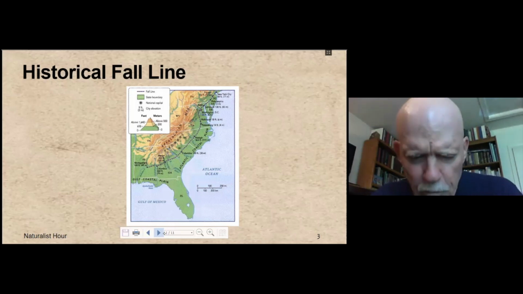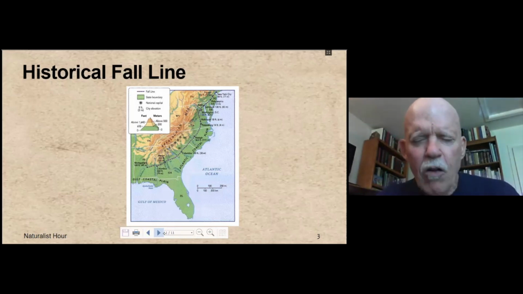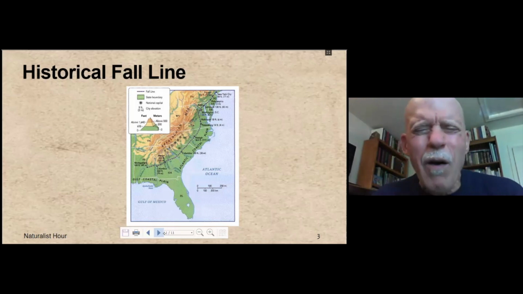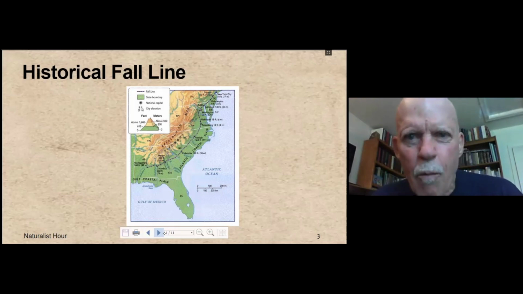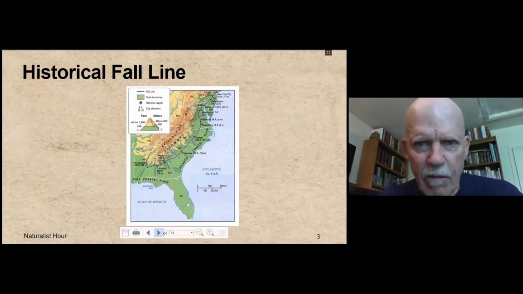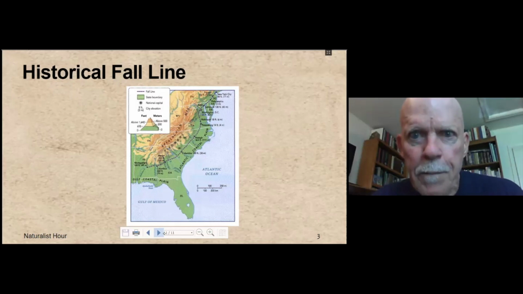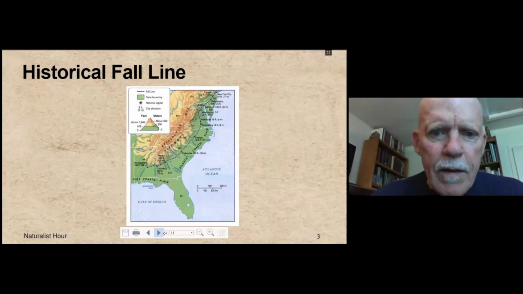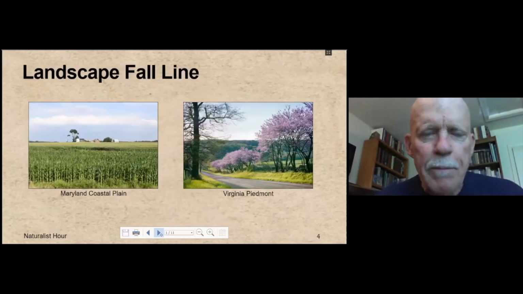So what they did to follow the fall line was they placed their trail at a place that was just upstream from where all the embayments and estuaries and so forth were located, so that they wouldn't have to cross water somehow, but not so far upstream that they would be constantly going up and down hills. So they actually were very good at finding what the colonials eventually called the fall line. Okay, now let's go on to the next slide.